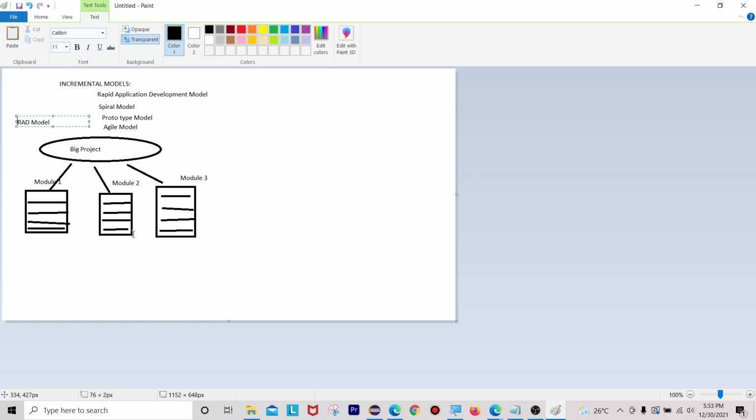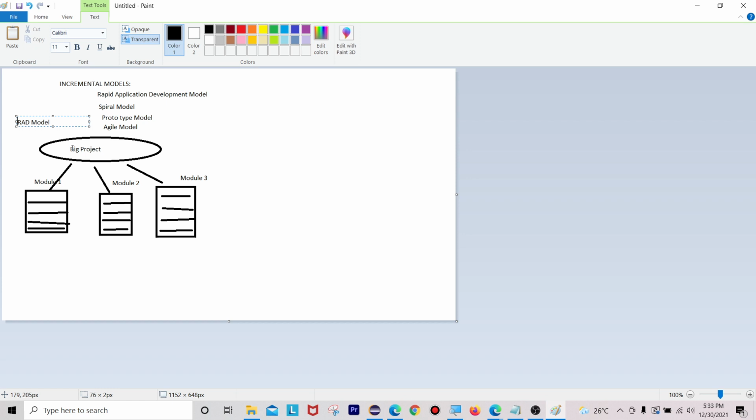So all those we can consider under module 2. During this module 2 we are going to develop that kind of scenario. Likewise, we have to cut down the whole project into different modules. The RAD model is well suited for bigger projects, which we have to develop and test, and deliver in a shorter time.